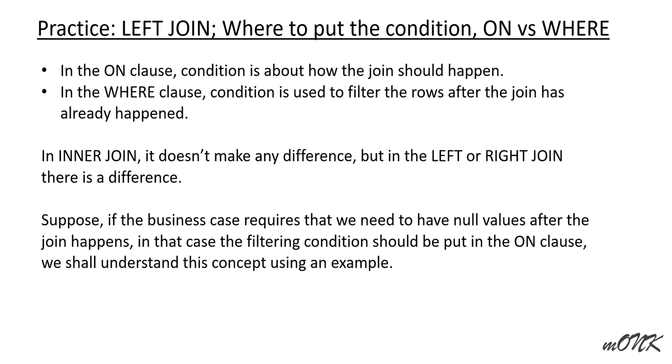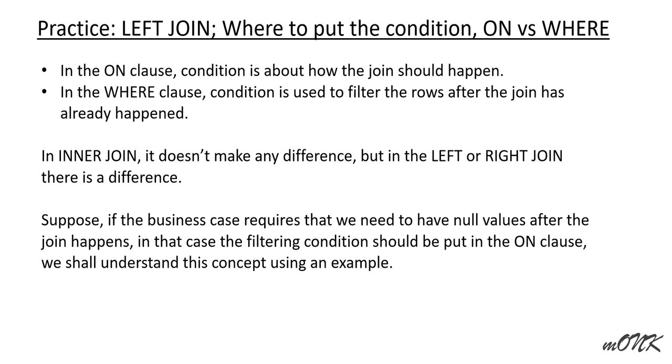In case of an inner join, it does not make any difference whether you put the condition in the ON clause or the WHERE clause, but in a left join or right join it makes a difference, because once the join has happened, and if you put the condition in WHERE, you won't get any null